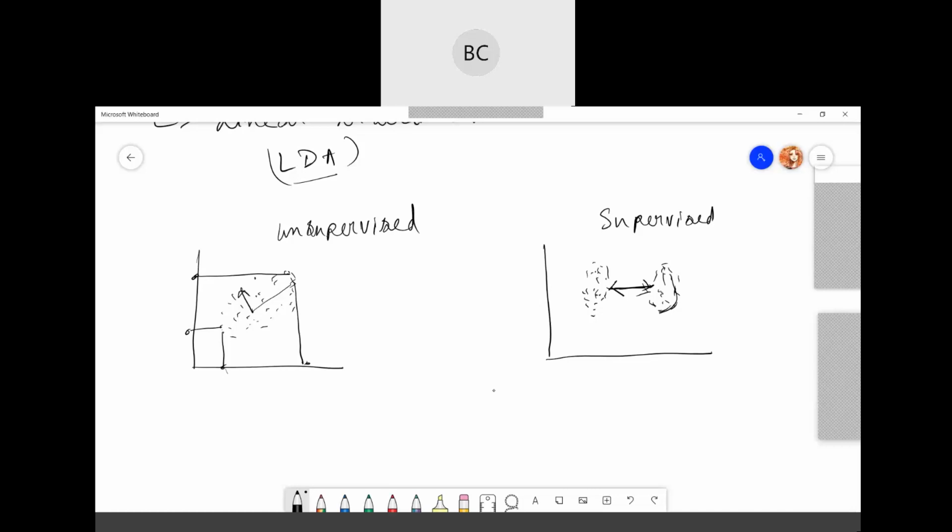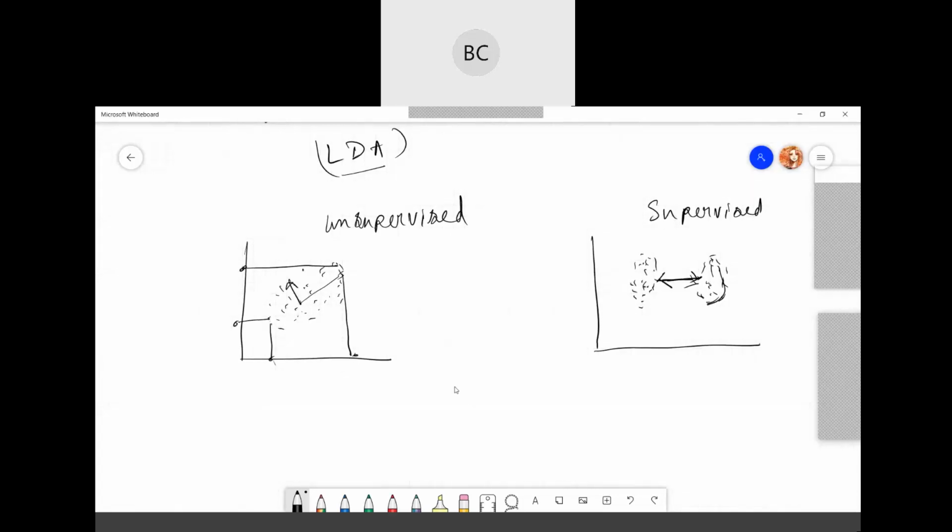On the other hand, PCA is the unsupervised one, so it will only try to reduce the number of features.